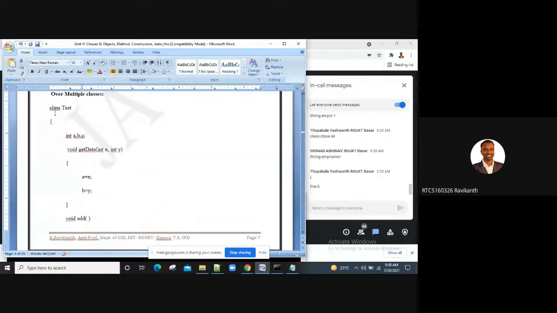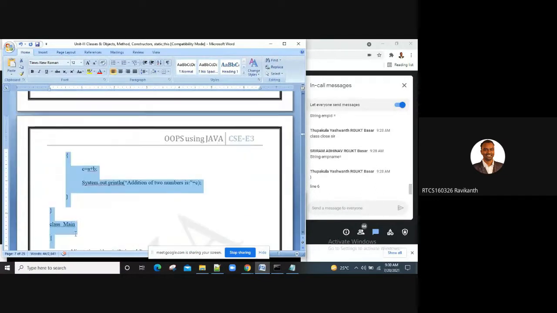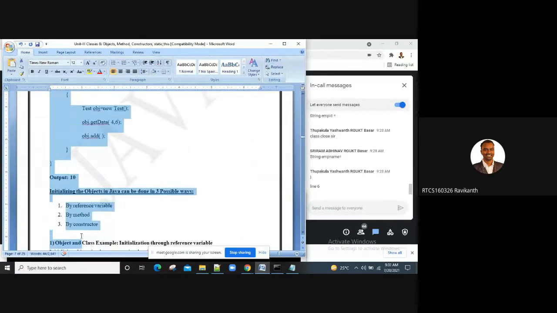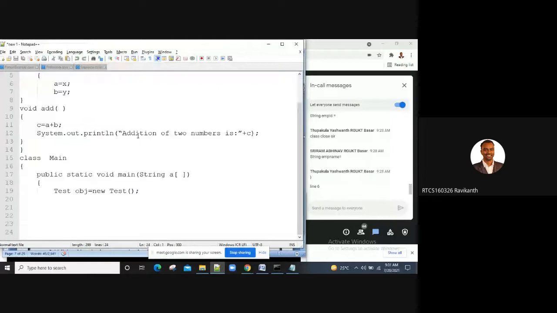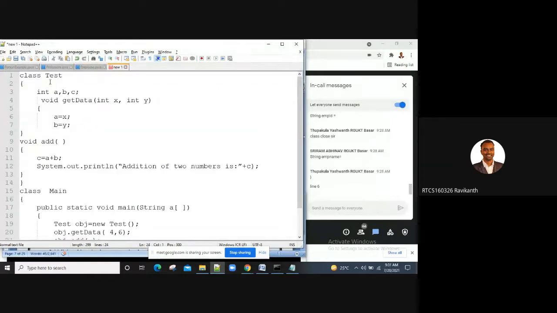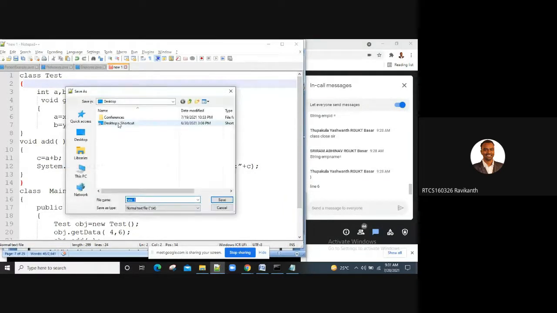Okay, fine. Let me give an example of this also. Here we have a test class. Just a minute, let me save it. What file name do I have to save with? I have two classes.